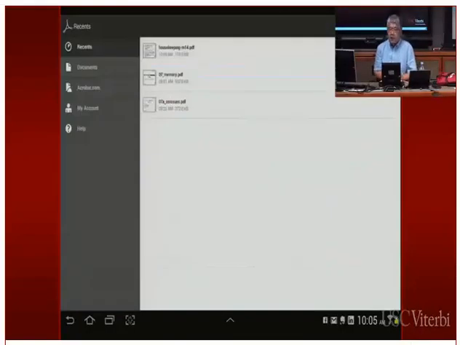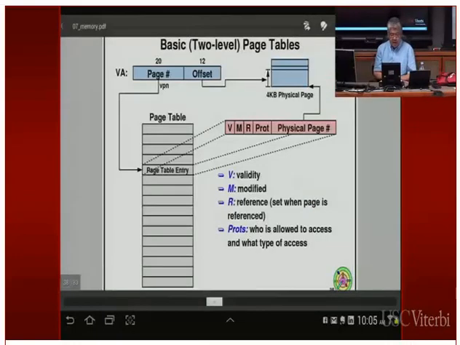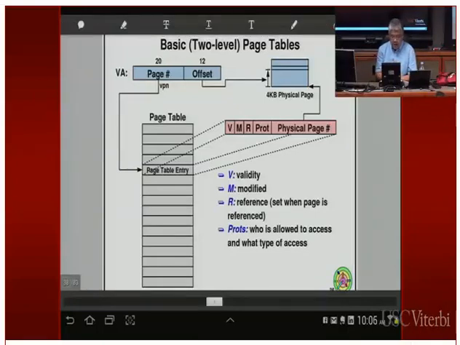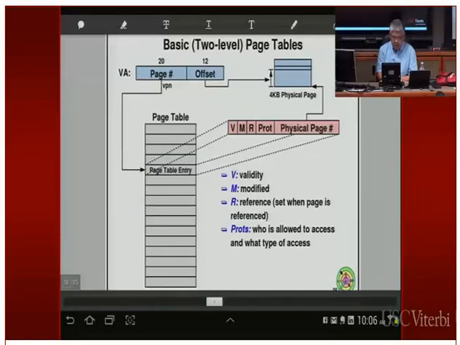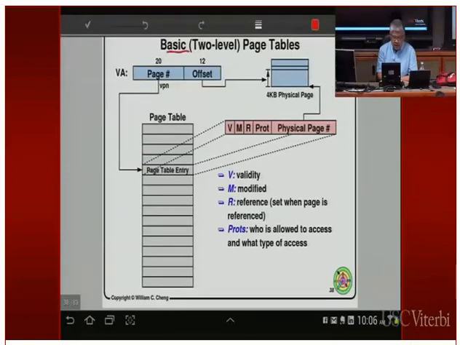All right, so today we'll continue on the hardware side to talk about what a page table is. And also we're going to go over some different kinds of page table. Okay, so this is the basic page table, and I guess I didn't mention this term. I'm going to refer to this as the basic page table.